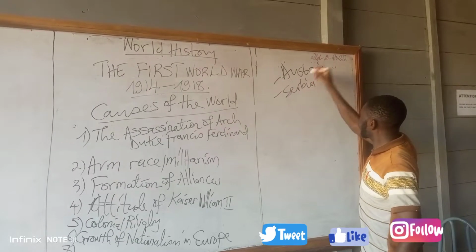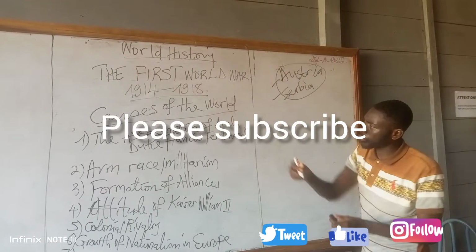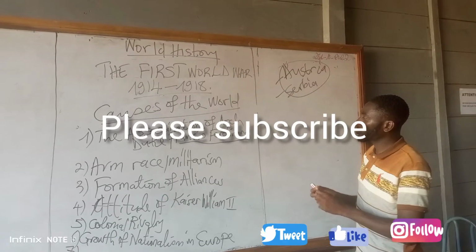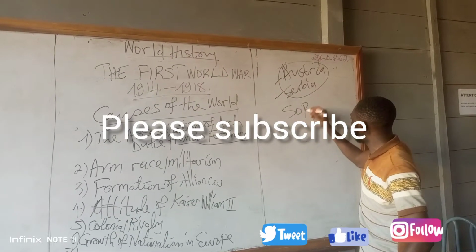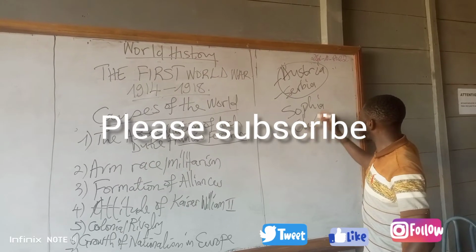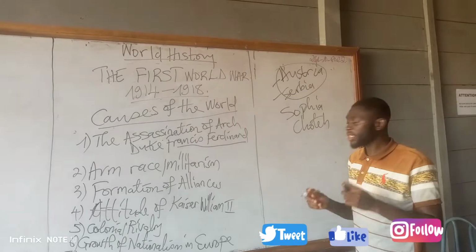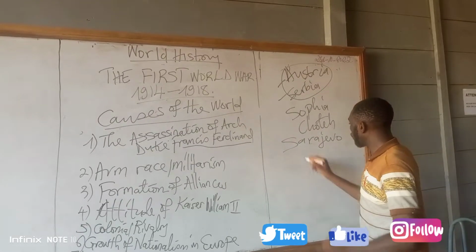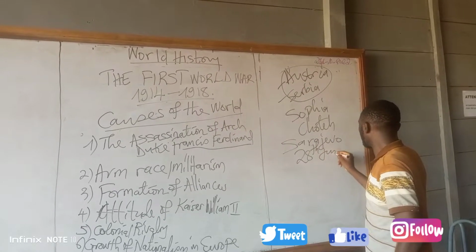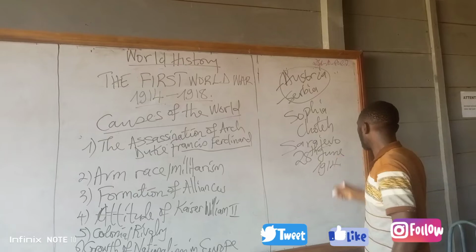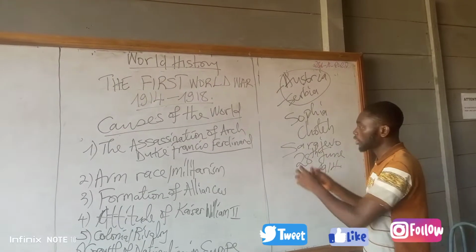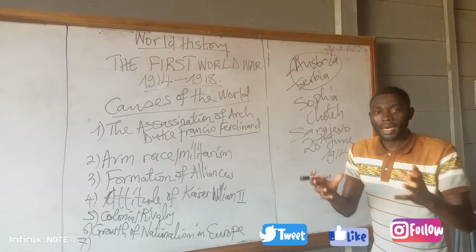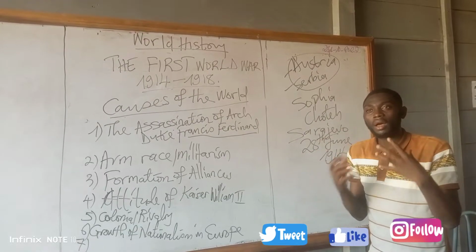The immediate cause of the First World War was the assassination of Archduke Francis Ferdinand. Archduke Francis Ferdinand and his wife Sophie Chotek were assassinated in the Bosnian capital of Sarajevo on the 28th of June 1914. This Crown Prince of Austria and his wife went to visit Bosnia and Herzegovina, which